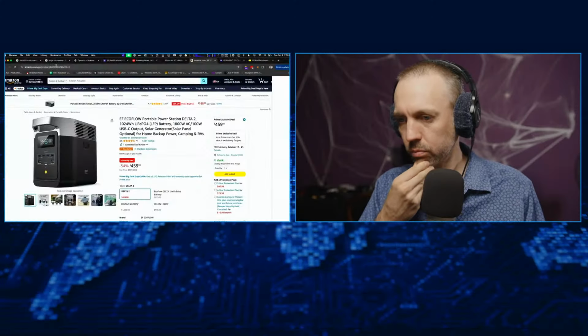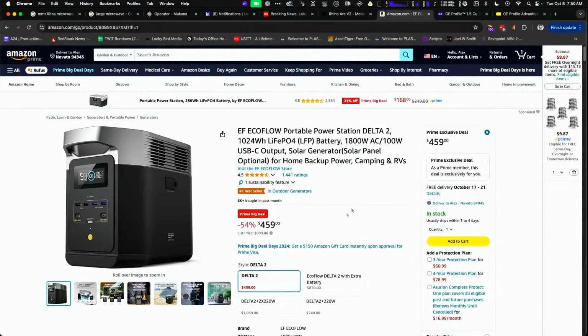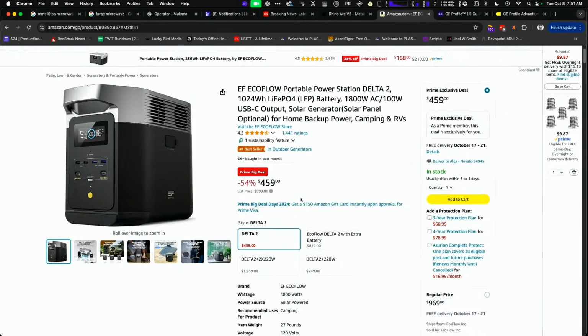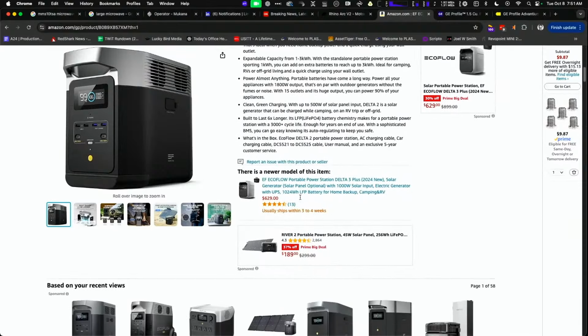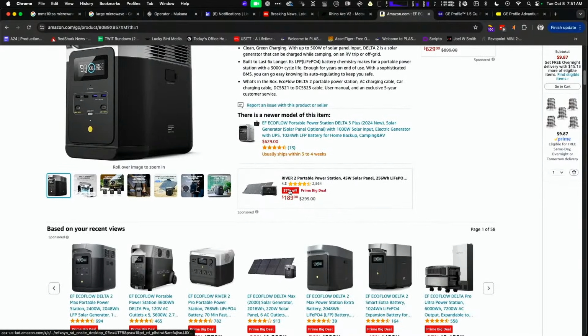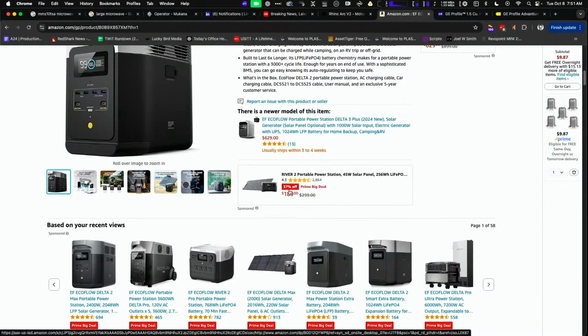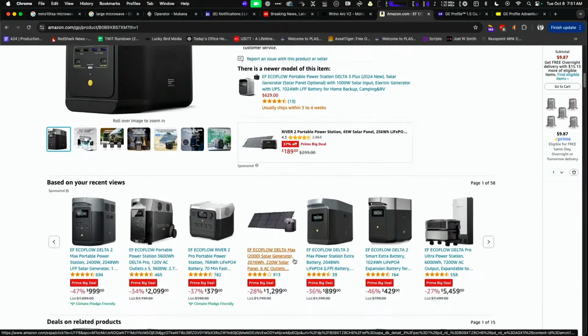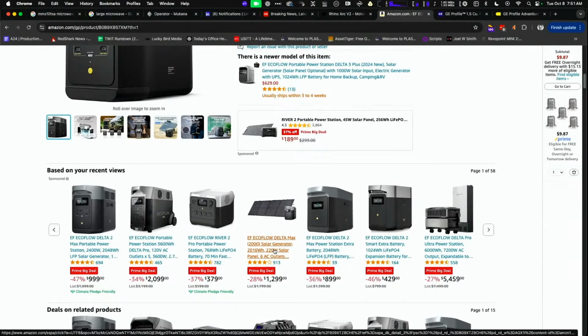Next question. The next question comes from Eduardo Augustine in Panama City. Thoughts on this portable power station? Valid purchase for small productions, and there's a link. So this is the EcoFlow, and here you can see it. This looks good. You have to start looking at what you're trying to produce. There are quite a few manufacturers of these. DJI is actually making these now, and so you have to decide how much power you need. Also think about, and EcoFlow does have this.